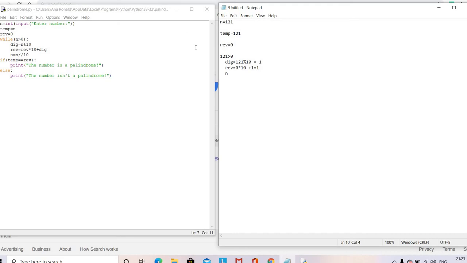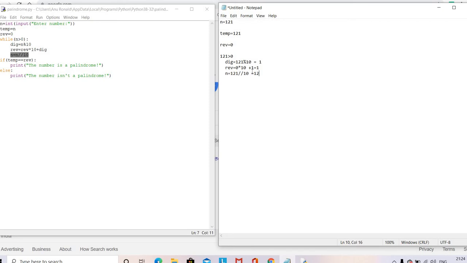Double division here is known as integer division. So n becomes n divided by 10. So 121 integer division by 10 means we got 12. Now the value of n becomes 12 after the first iteration.